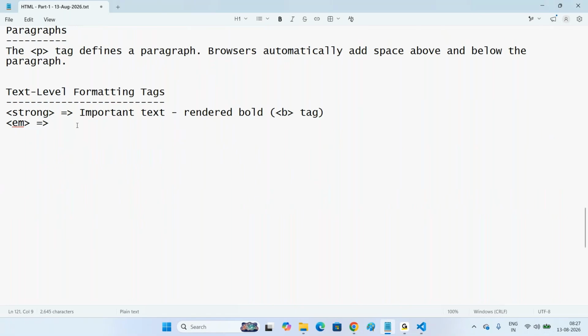EM is for emphasize text. Emphasize text, meaning rendered italic. In the older one, we use the I tag. I tag is for italic. Now in HTML5, we use EM. Then